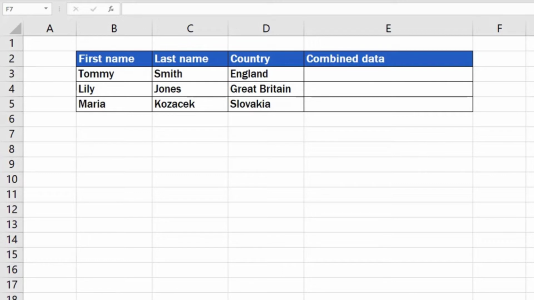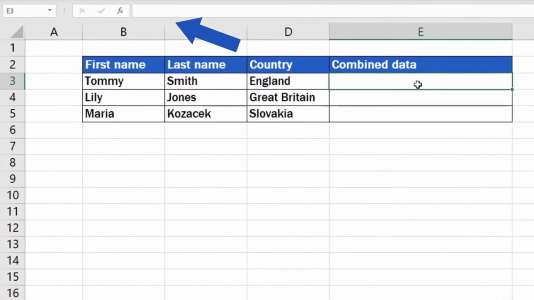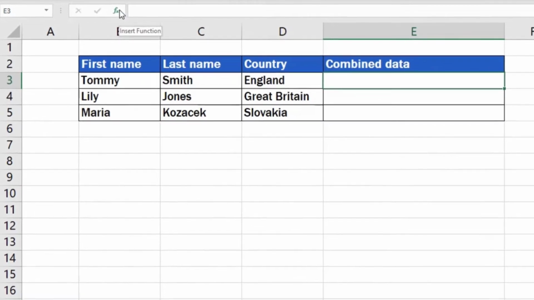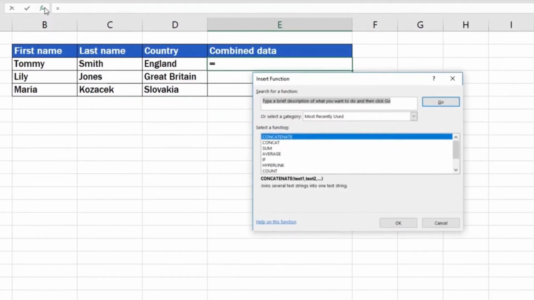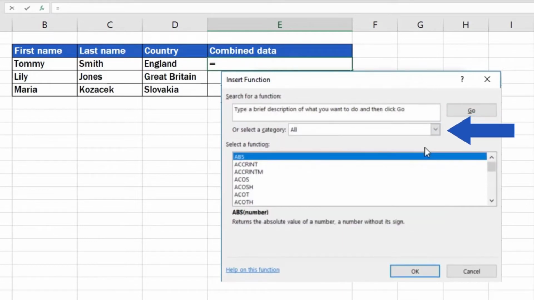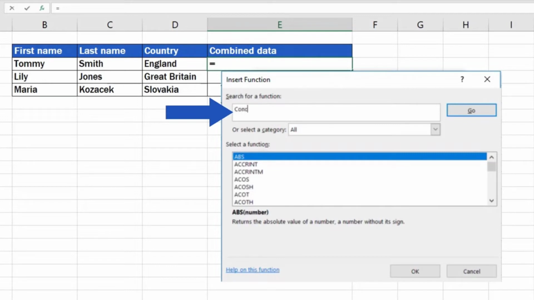First, select a target cell that should contain the final combined contents. Then click on the option F, Insert Function. A pop-up window appears where, in the box which says Select a Category, we'll choose All. Look for the function, concatenate,